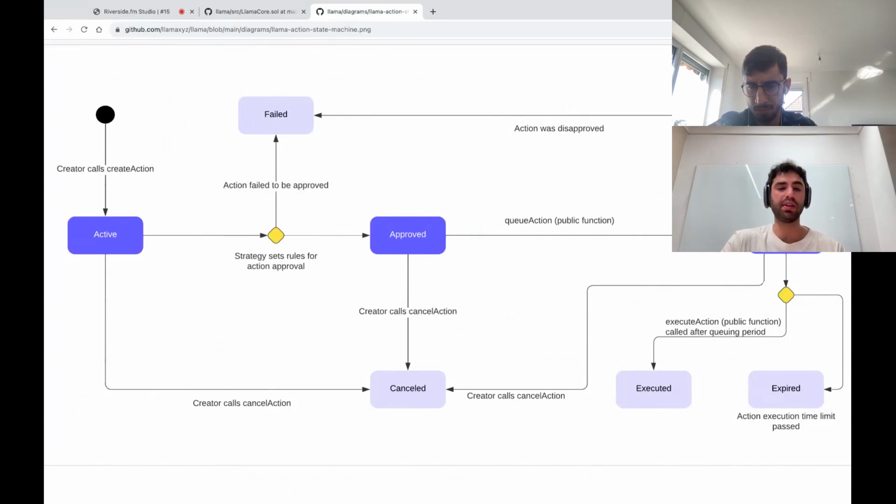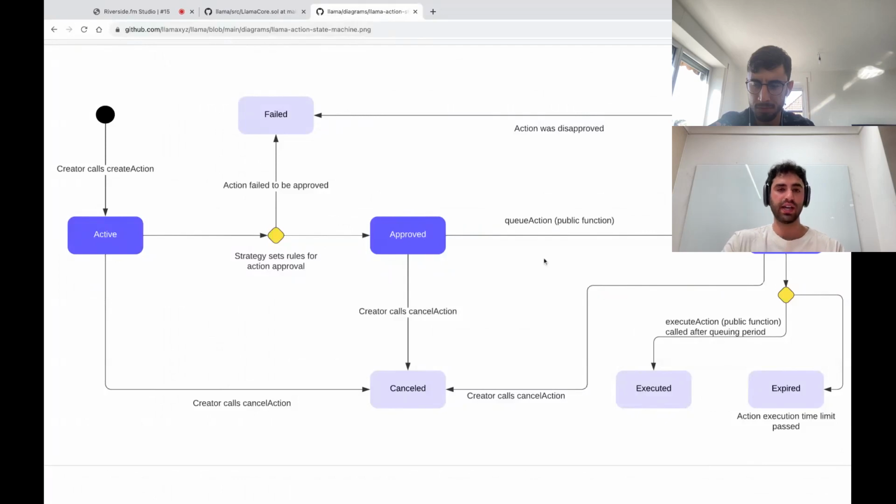Maybe the community, the token voting DAO, the token holders, have the right to disapprove an action, or maybe the grants program reviewers can disapprove an action, and maybe it's set so 20% or 5% or 10%. If they signal that they want to disapprove the action, then the queuing will fail, and the action won't be able to execute. If it passes the disapproval period without getting vetoed, then the action can be executed.